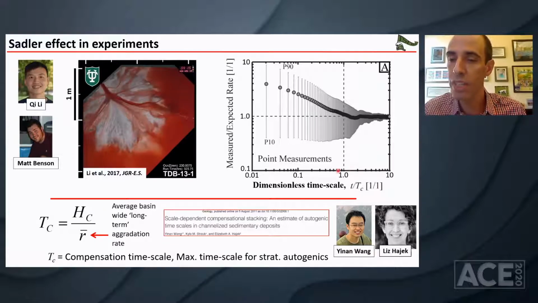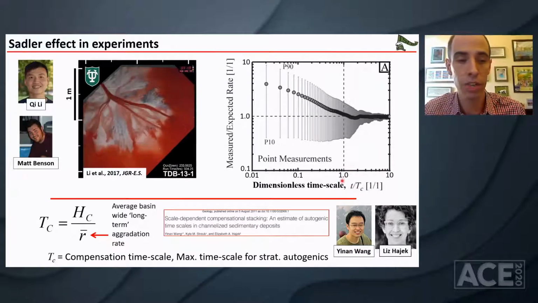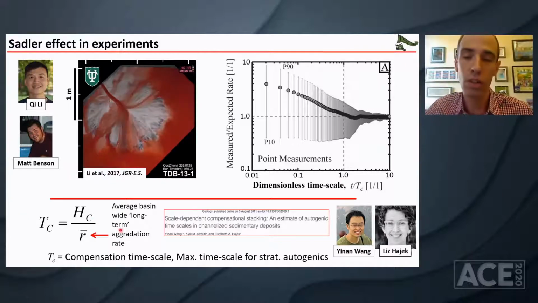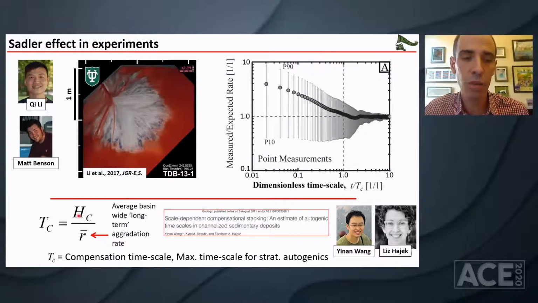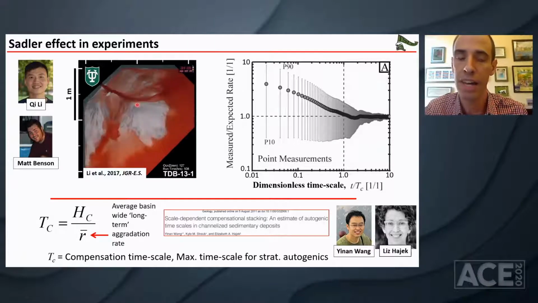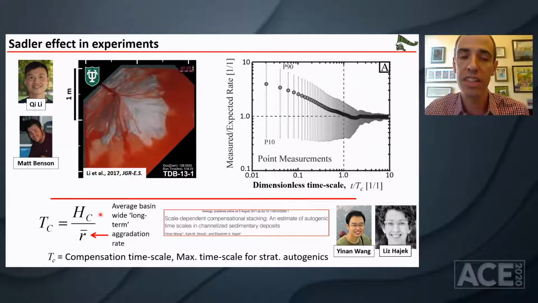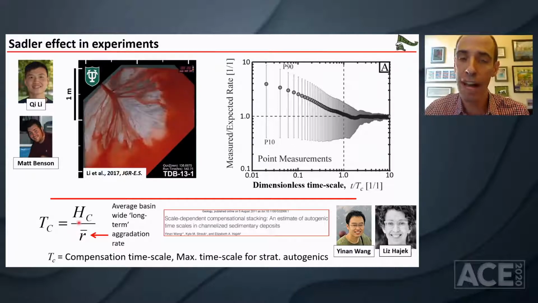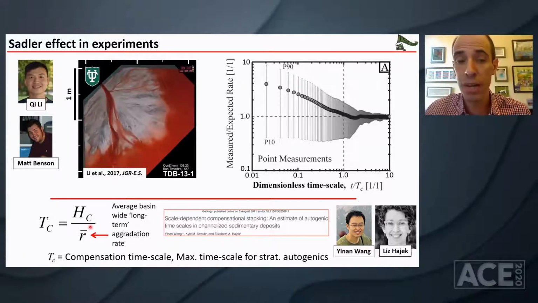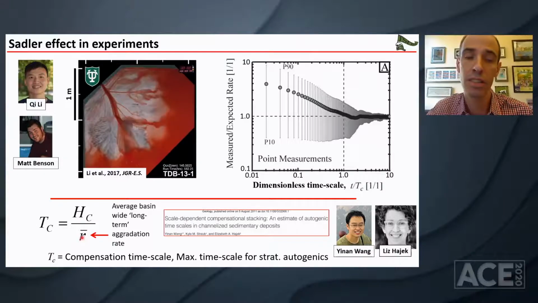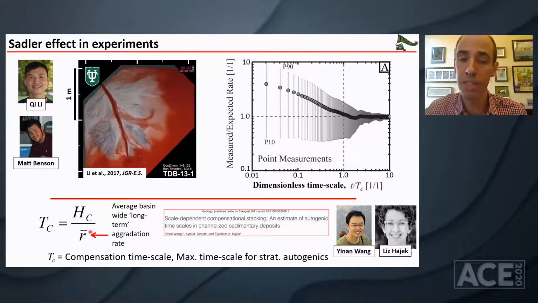Now, this compensation time scale that I'm non-dimensionalizing the x-axis with is going to be a critical number for us for the entire talk. It's going to be critical to thinking about how time and signals are stored in the stratigraphic record. And basically, that time is equal to the depth of the largest roughness features that might exist on any sediment routing system at a given time period. Maybe here, this is the depth of the channels that are crafting our strata. And we're dividing this by the long-term aggradation rate in the basin. For a sedimentary basin, you could think about this as being equivalent to the subsidence rate. So if you take this channel depth and divide it by a subsidence rate,